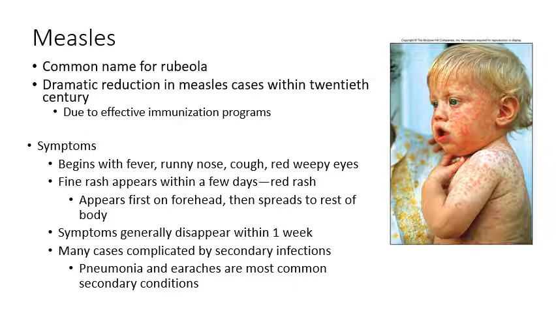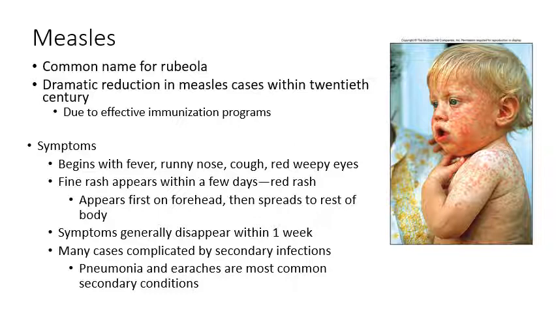All right, so moving on to our next viral disease of childhood, here's measles. So measles is a common name for rubeola. Measles is probably the most infectious viral disease, so it's incredibly contagious. But we've managed to control the spread of measles through vaccines. So vaccines now prevent most cases of measles, although we do see cases popping up now and then in anti-vax